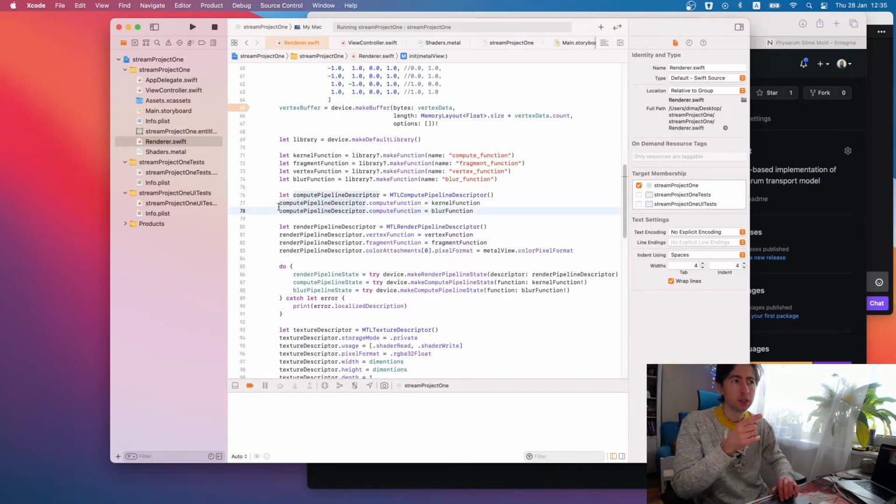And if I do need this, because I guess I need only descriptor, and then I can... actually I do not need a compute pipeline descriptor.